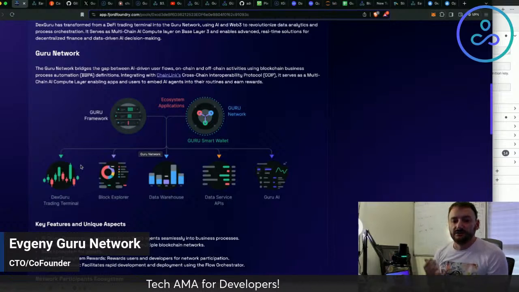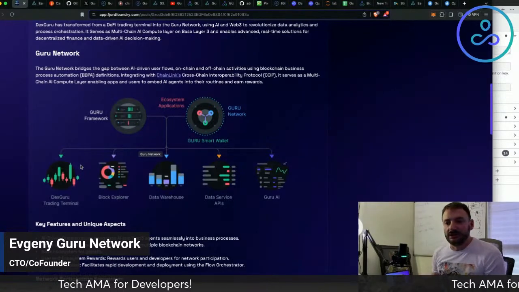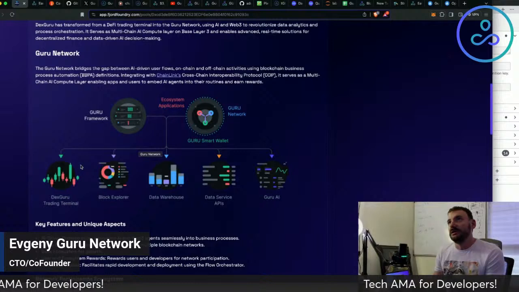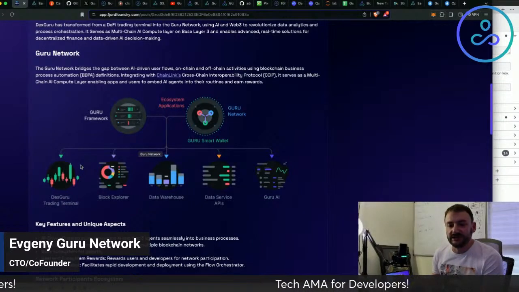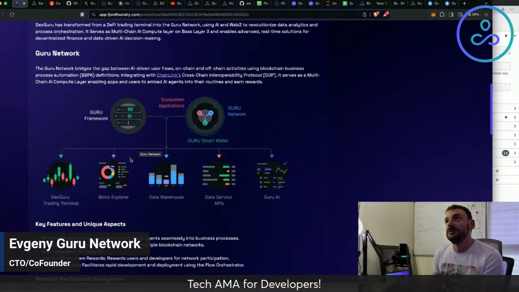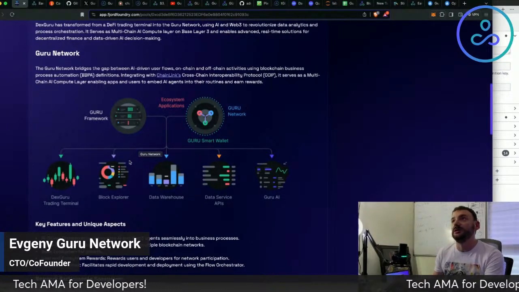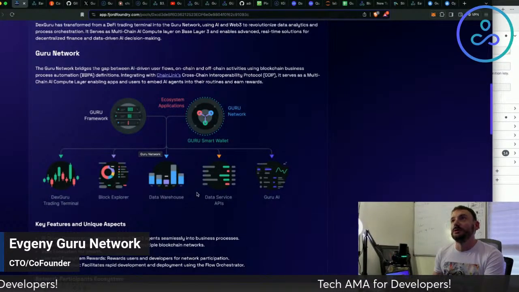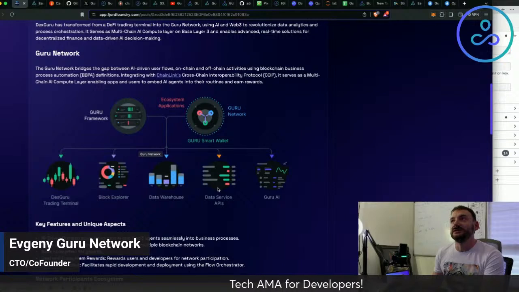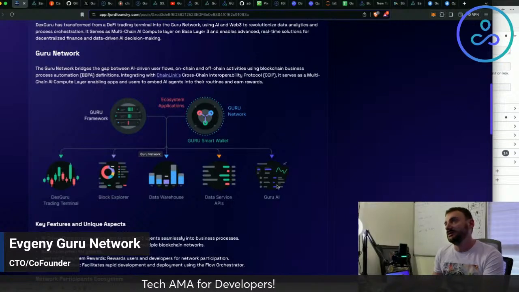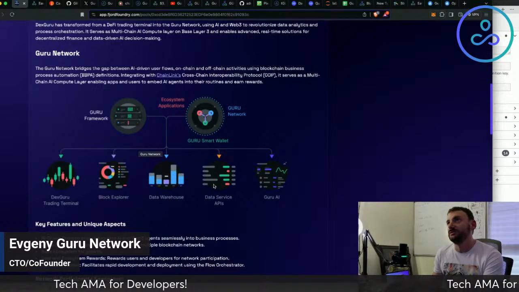We started it in 2021, went through the whole DeFi summer back then, and then we started building B2B products because crypto winter came and we needed to do something about it. So we created Block Explorer, Data Warehouse, different data service API, integrated GPT agents across all those products.